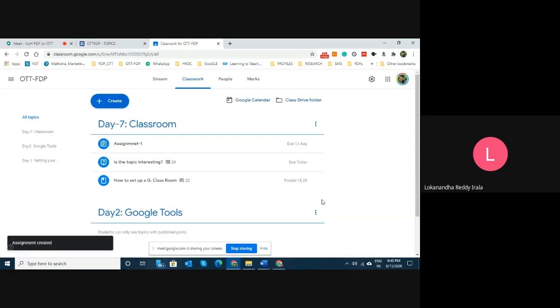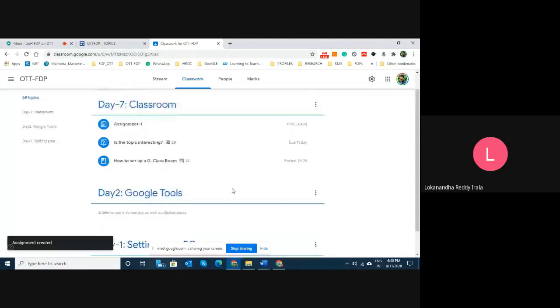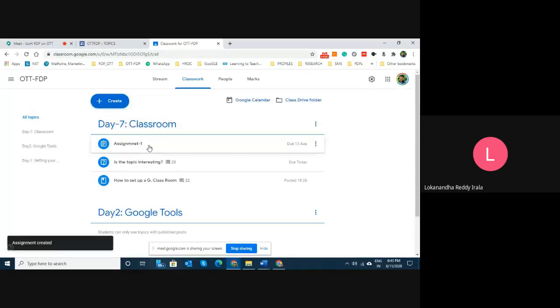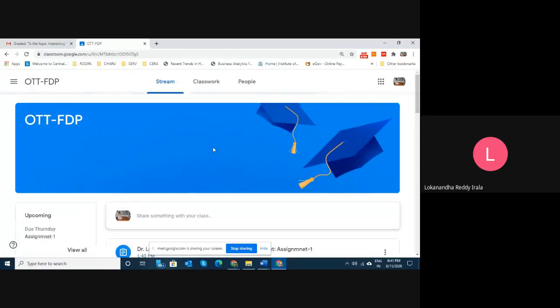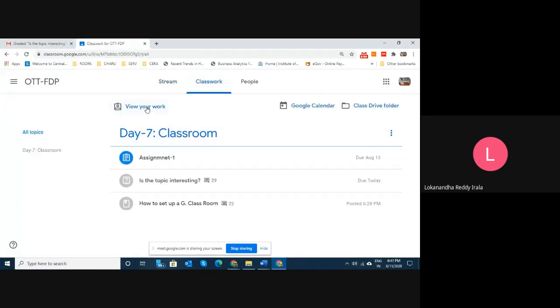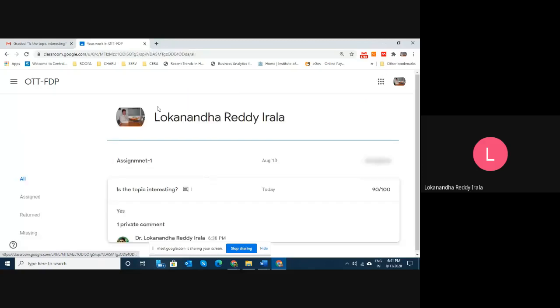So once you say assign, again it will go there as an assignment. So for a viewer, how does it look? Now here you can go to the classwork, and to be specific about what are the things that he has to return, he can look at this particular link, view your work.